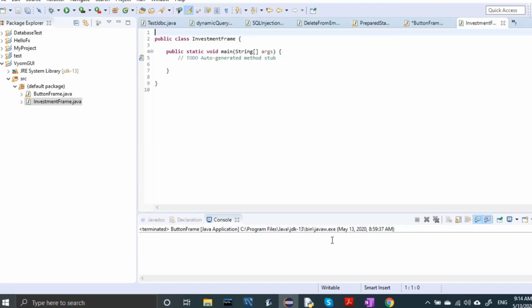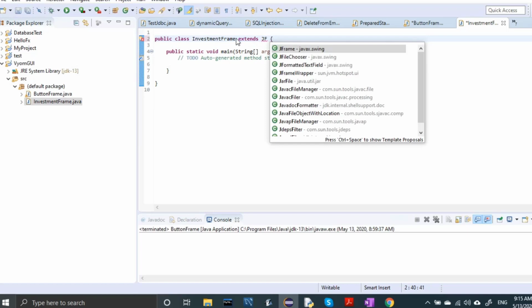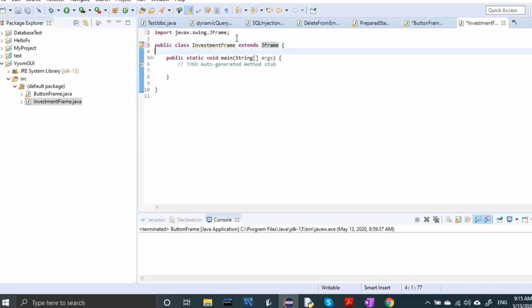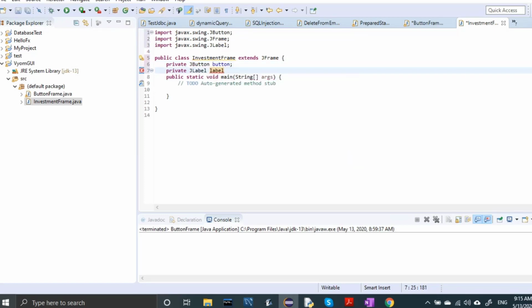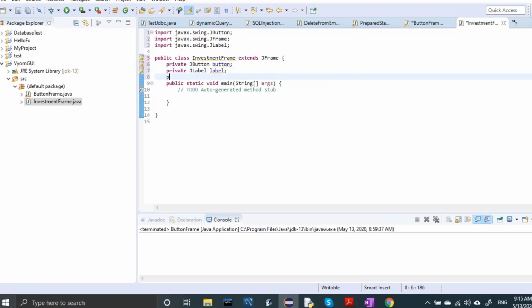InvestmentFrame extends JFrame, and we can create buttons here. Private JButton, and I'm creating one extra variable here, private double balance.